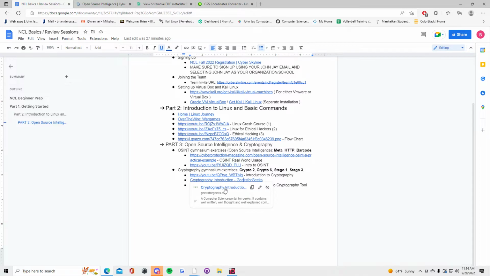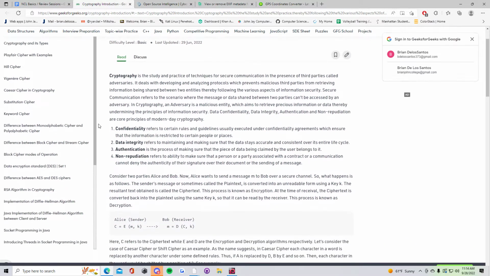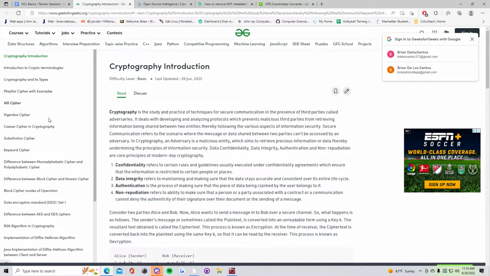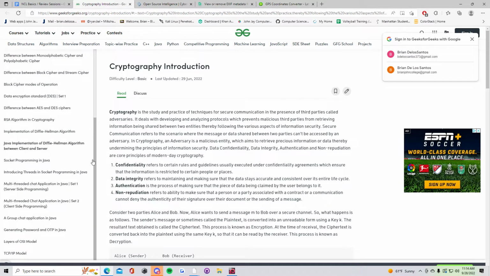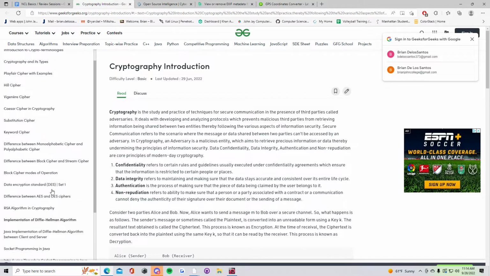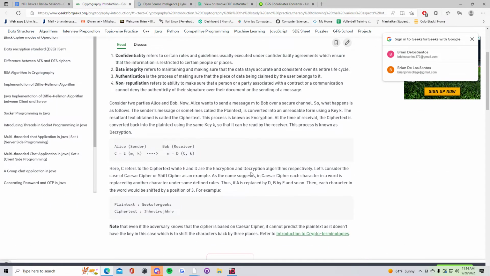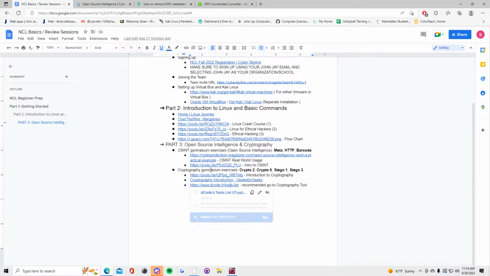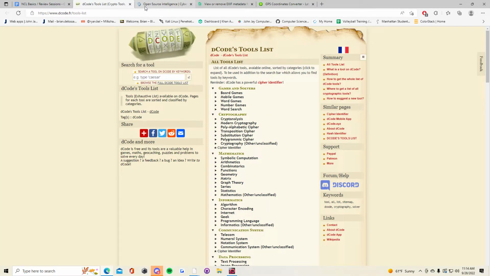And also, if you want to dive a little deeper, I also included this link, which goes into types of ciphers, real world applications, and JavaScript with ciphers. If you want to look at that on your own time, then this is my recommended go-to cryptography tool that I use for basically all the cryptography models. I never needed anything else